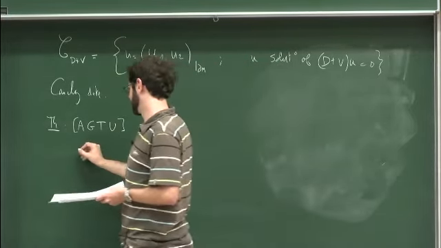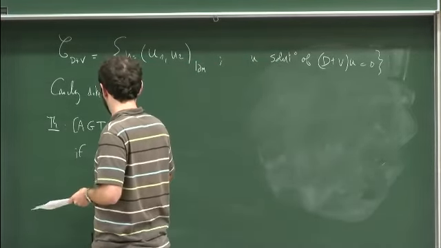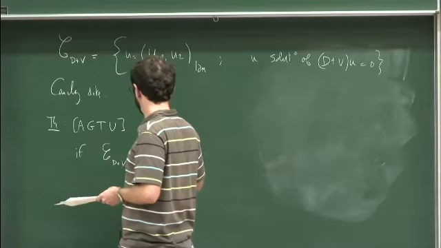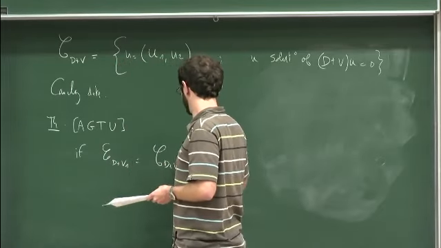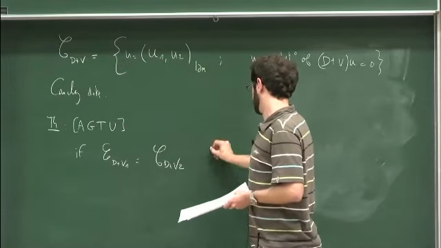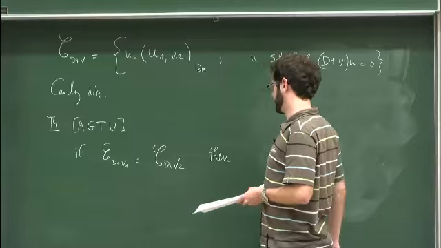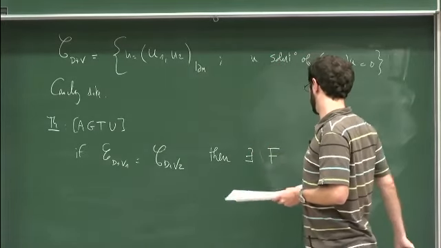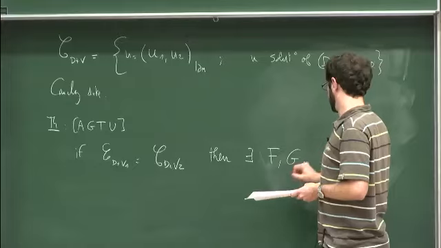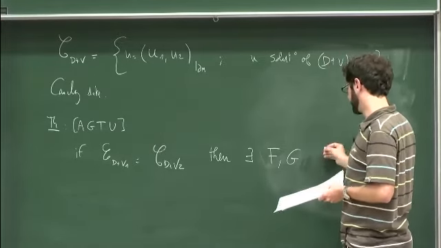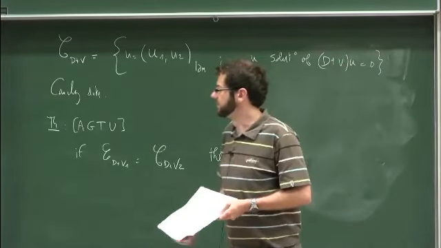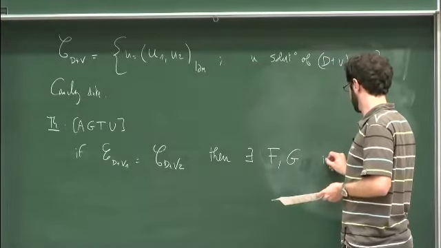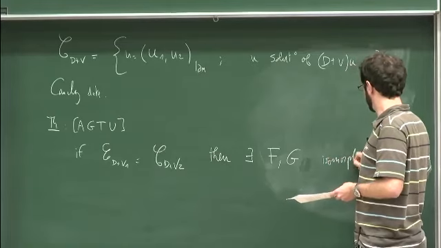We show that if the Cauchy data of D plus V1 is the same as the Cauchy data of D plus V2, then there exists F and G, some isomorphism,